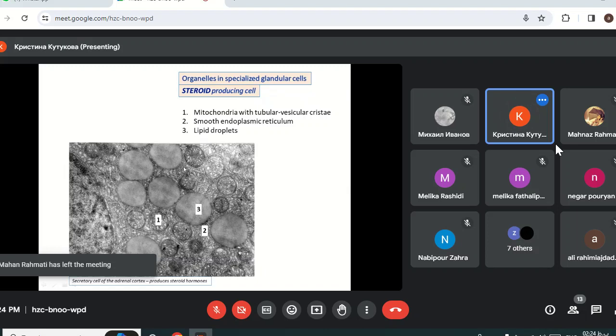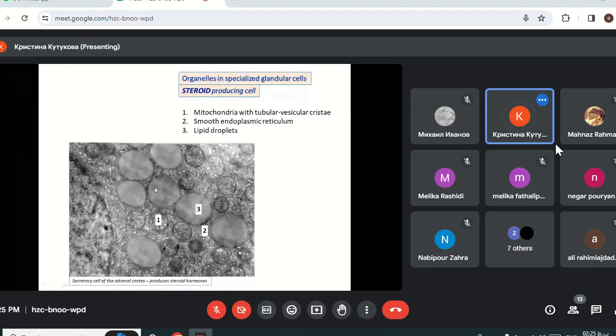Between the mitochondria inside the cytoplasm, we can see vesicles and tubules of different shape. These are smooth endoplasmic reticulum, which is for lipid production, and these grayish ones are lipid droplets. They are actually the inclusions with the